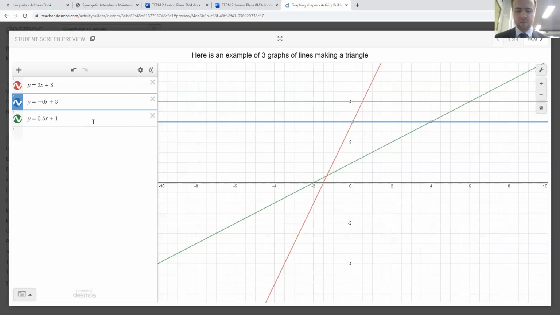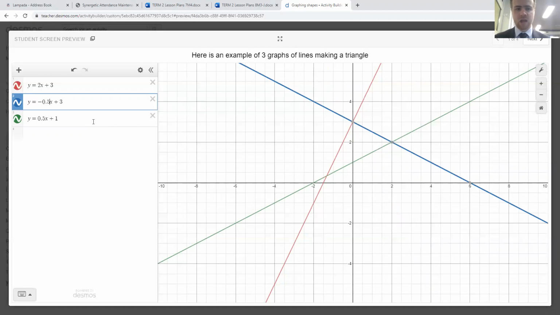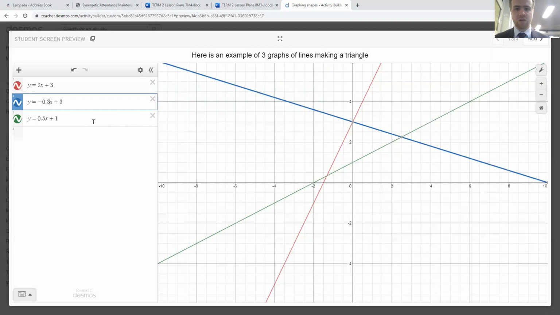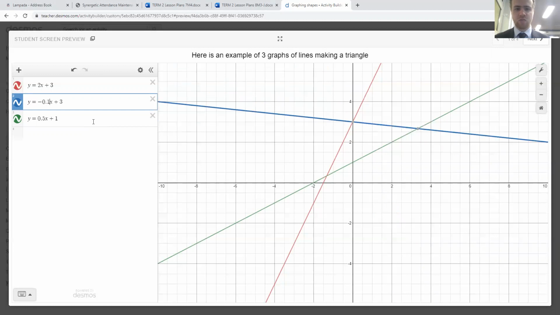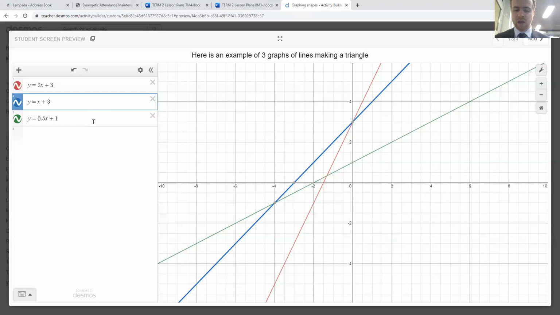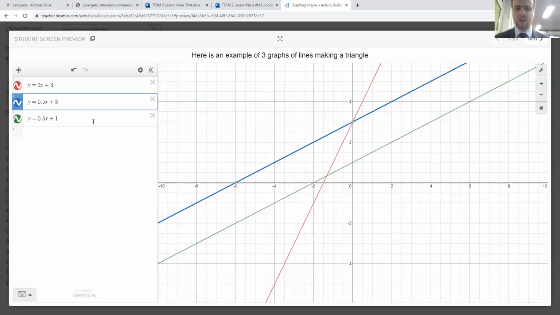as such. If I make it a fraction or a decimal, okay, that's fine too. You can see it's getting slightly less steep when I do that. Okay, so if I make it 0.3, it's less steep again, 0.2, 0.1, you can see it's getting really slow. If I just make it 0, it becomes completely flat. And then if I make it positive, so I get rid of the negative, and then go 0.5, it's starting